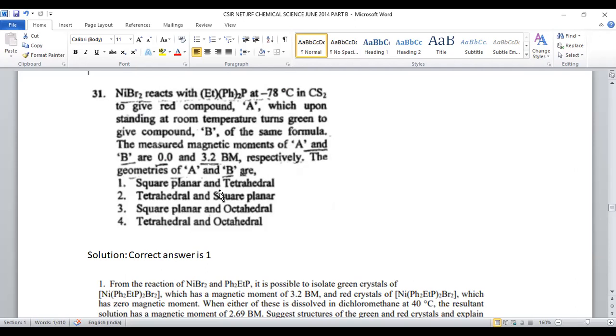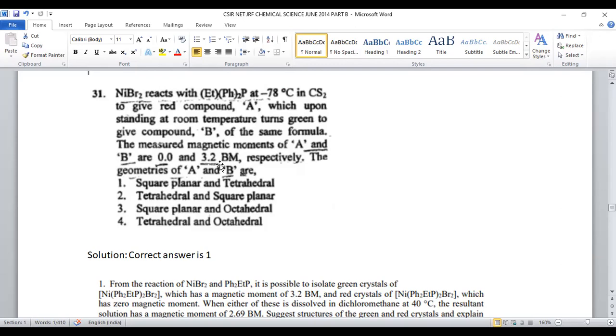Okay, so we are taking nickel dibromide. That nickel dibromide is treated with ethyl diphenylphosphine, so that ethyl diphenylphosphine is able to bind with nickel, and a compound A is formed. Here nickel has two possibilities. One is square planar compound formation by dsp2 hybridization. Second is tetrahedral geometry with sp3 hybridization. Both are possible. From the magnetic moment, within seconds, you can clarify that. 0.0 is associated with square planar, 3.2 will be associated with tetrahedral,